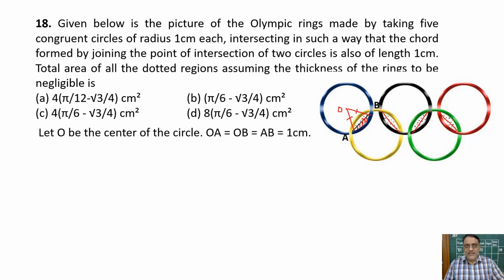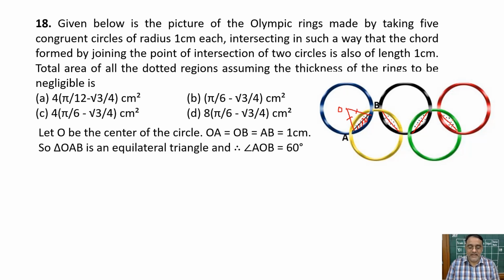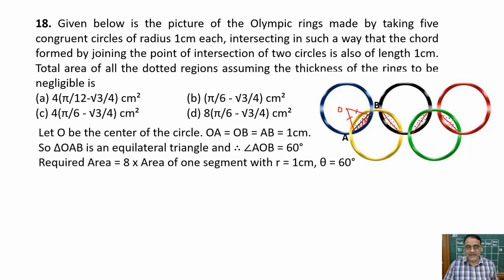Yes, sir. Right. So O be the center of the circle, OA is equals to OB is equals to AB is equals to 1 centimeter. So triangle AOB is an equilateral triangle and angle AOB is equals to 60 degree. Now the required area is 8 times the area of one segment, right. And what is the area of one segment? It is nothing but